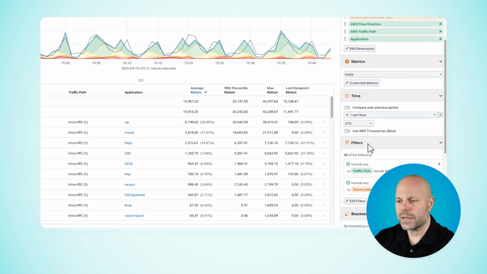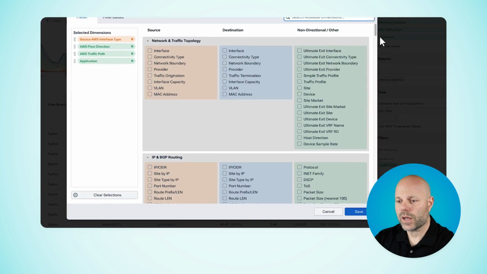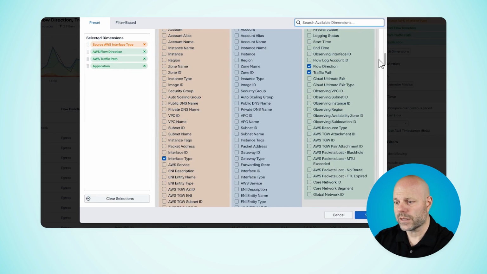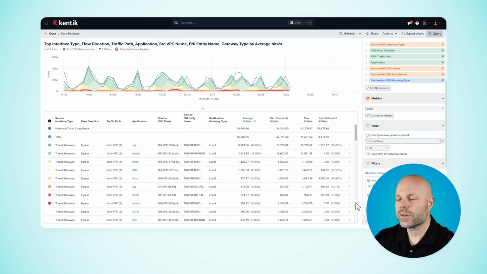So I want to go a little bit deeper to understand the nature of this traffic, get some more details, and I can adjust the filters and run a new query. That's the power of Data Explorer. And we can see which traffic is ingressing or egressing, where it's headed, which applications are generating that traffic, and so on. And you can see that I can keep tweaking my filters even more to explore this data even